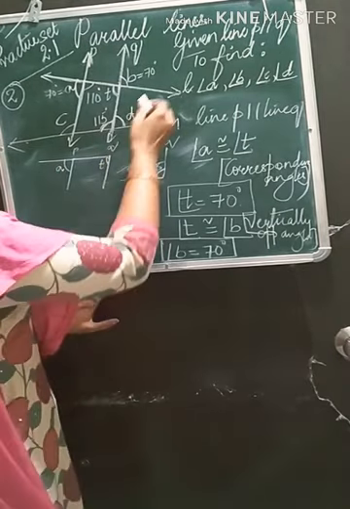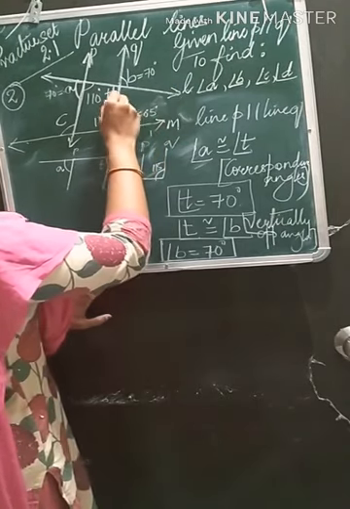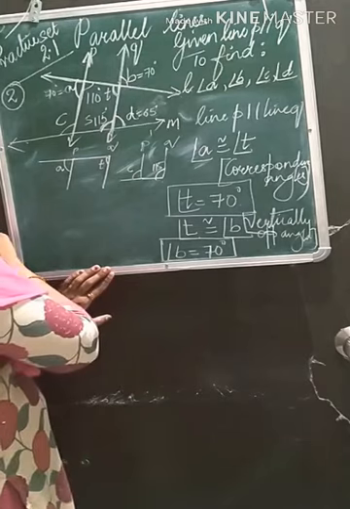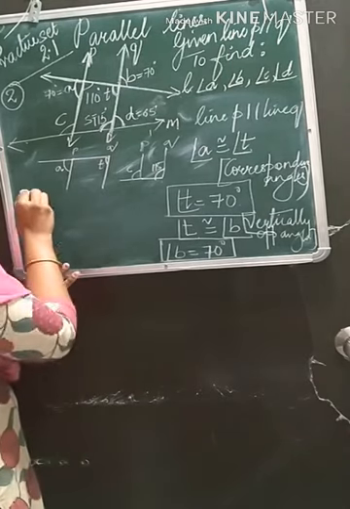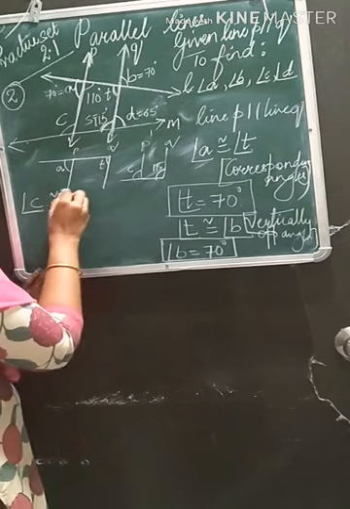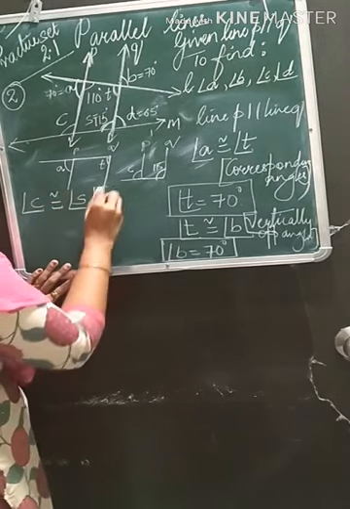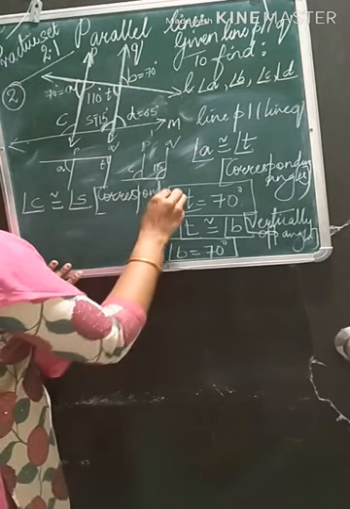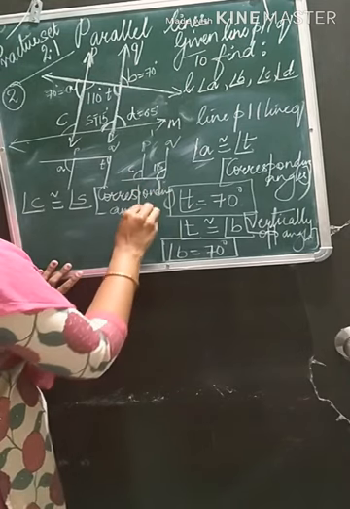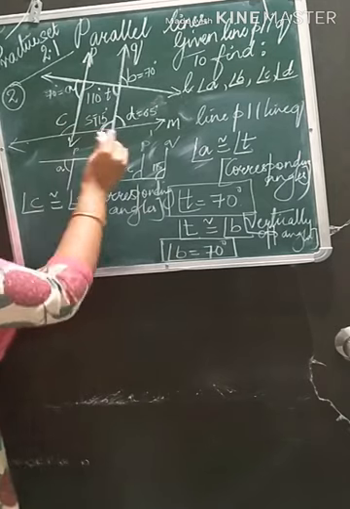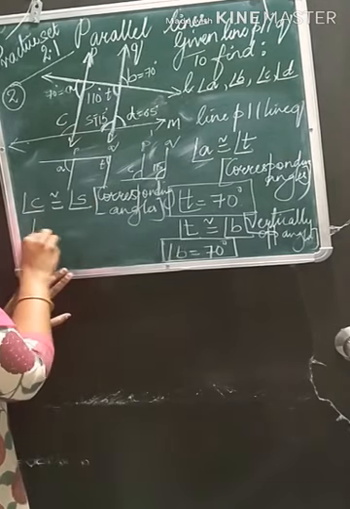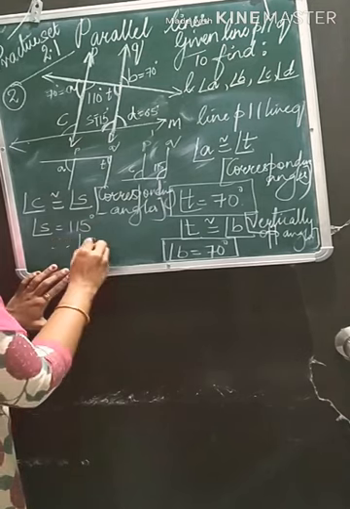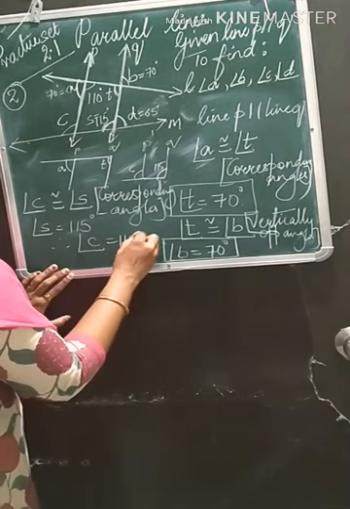If you want to name it, let us name it as, here we gave T, so here I will give it as S. Okay, S. So I will write angle C congruent to angle S, reason corresponding angles. Angle C is equal to angle S. Angle S is equal to 115 degree. Therefore, angle C will also be 115 degree.